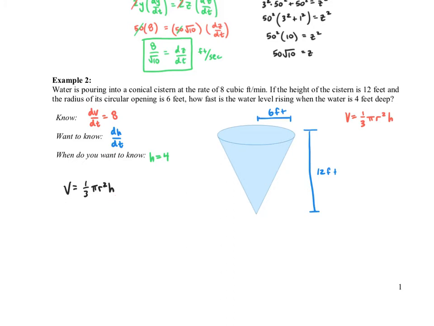And this presents a problem because if we were to take the derivative as it stands, we would have a product rule. And we also don't really know anything about R in this problem. We don't know how R changes. There's a little bit of an unknown there. So one of the